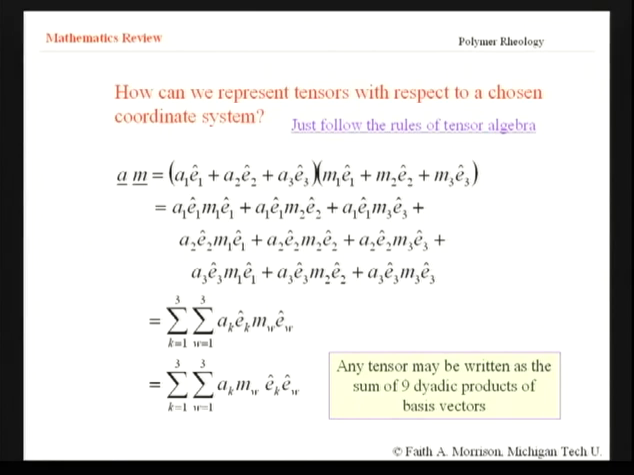Because they don't commute. Okay? E1, E2 in that order must stay in that order. E2, E1 in that order must stay in that order. So these are 9 separate coefficients. Nothing simplifies at all. The only thing we can do to make this more organized is to put it into